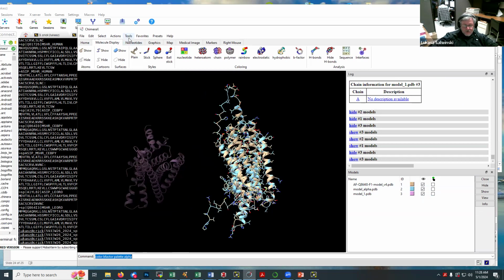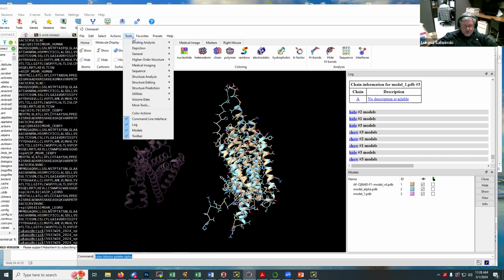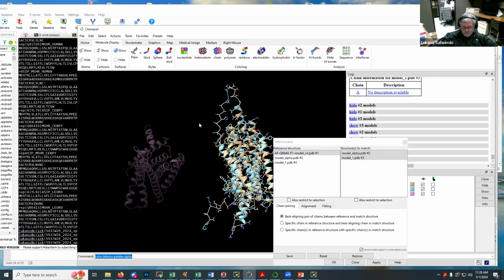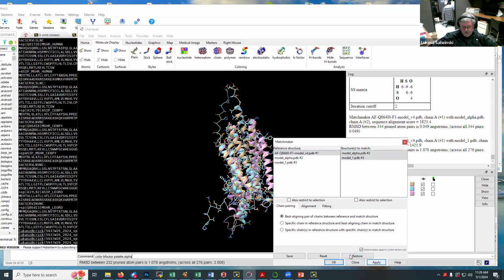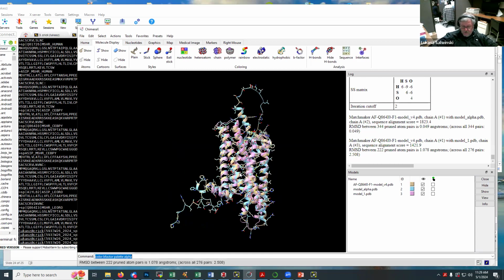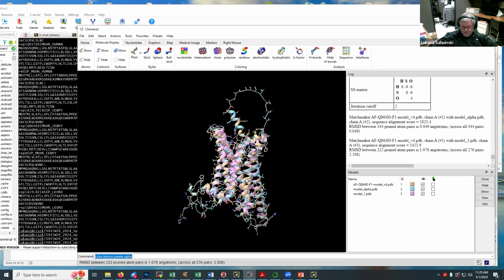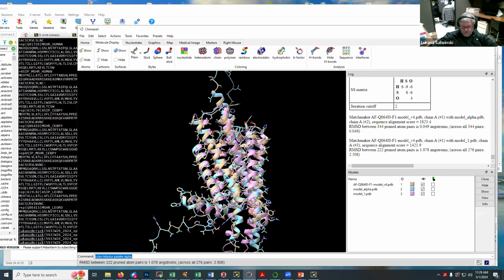Well, we can go to tools, structure analysis, and matchmaker. We're going to keep the original AlphaFold model as a reference, and we're going to move the other two models to overlap as well as possible with the reference. We now apply, okay, and close the window, and now we've got three models placed